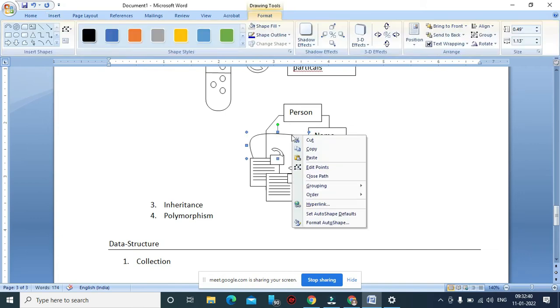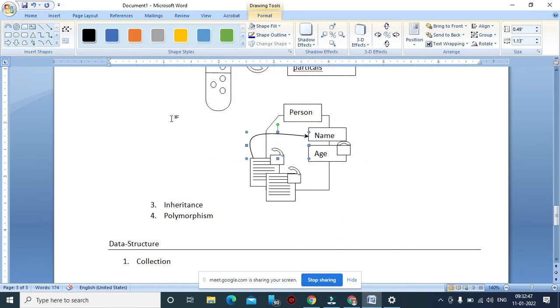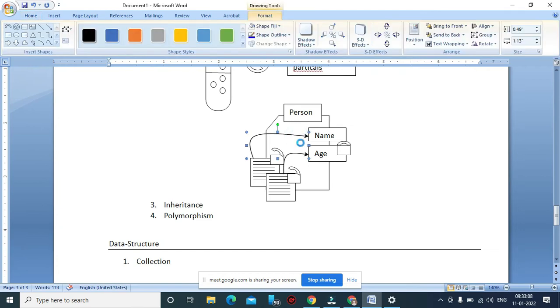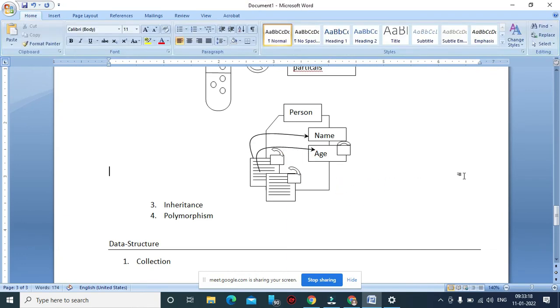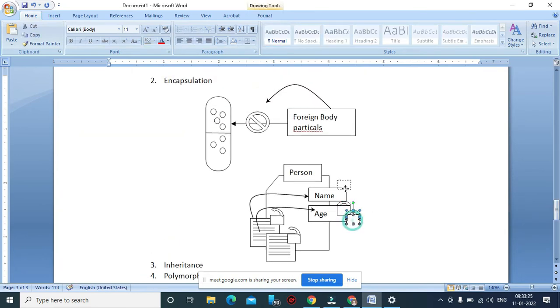Okay, so here data members are not directly accessible; through methods you can access both data members. So whenever you need any kind of information belonging to name and age, okay, so you can only access name and age this way. There will be an input method, so that input method is responsible for initializing the data members name and age, and this is another method which is responsible for showing the information here. So my class is protected because of the protection of my data members, and the functions which are accessible, it's just like a